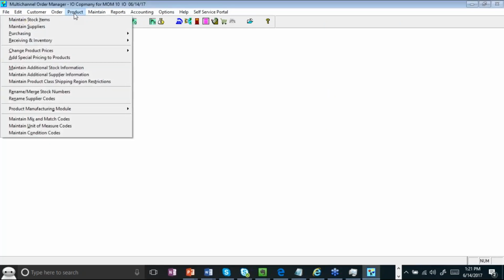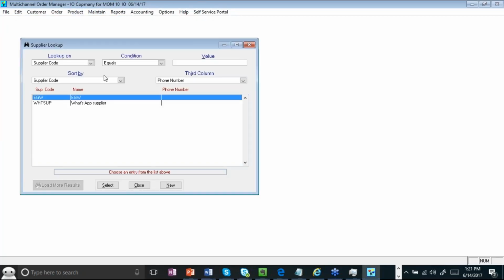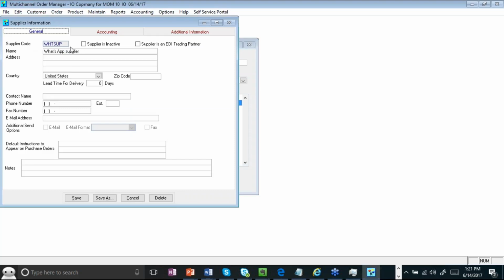So first thing is that we'll go to the setup of how you can create a PO. Before we can get there, we need to make sure we set up the product and the suppliers that are related to that. Within our product menu, we have maintain supplier. We have a lookup. You can actually look up a supplier. You would put in the information, their address, their contact, and then the email. So if you wanted an email here,